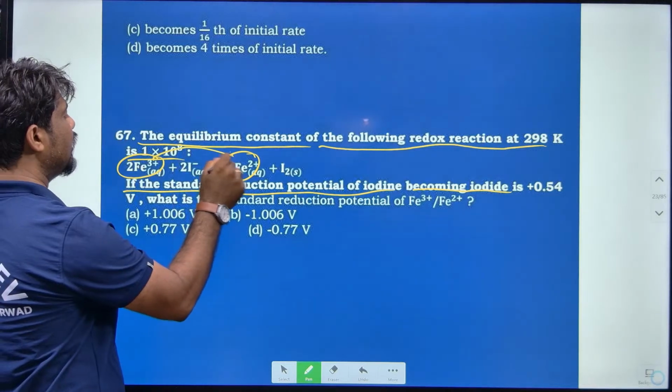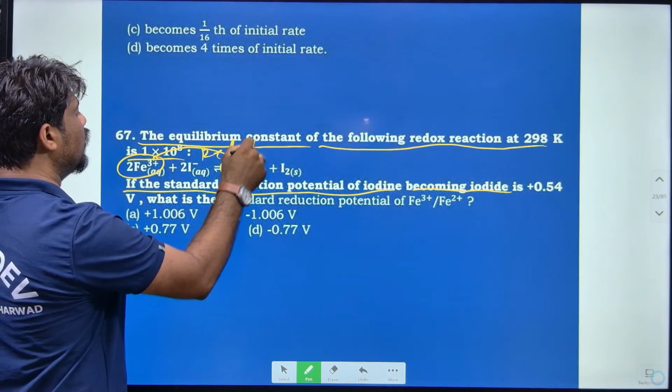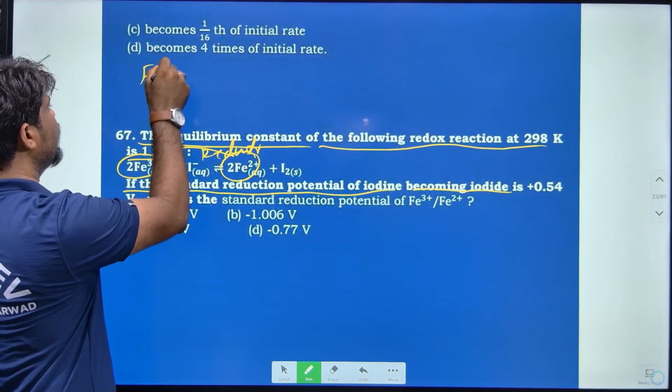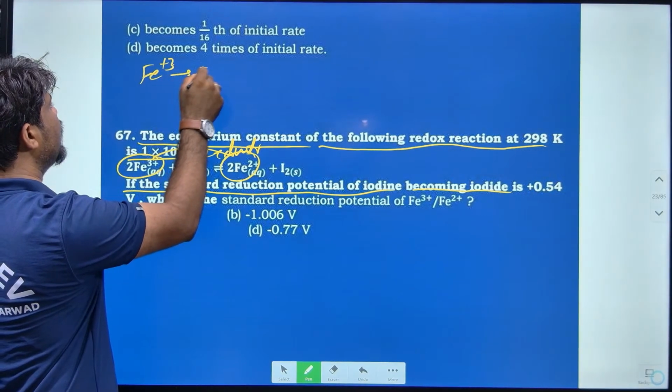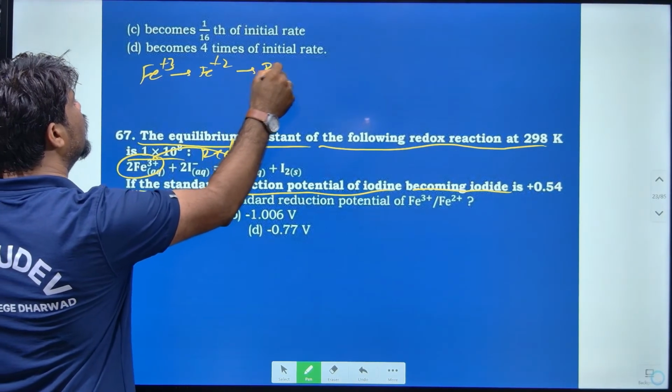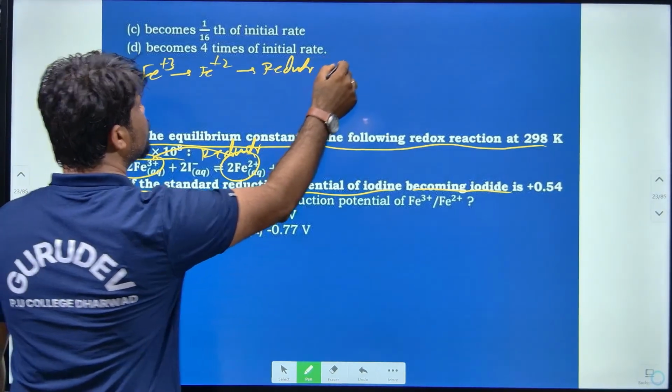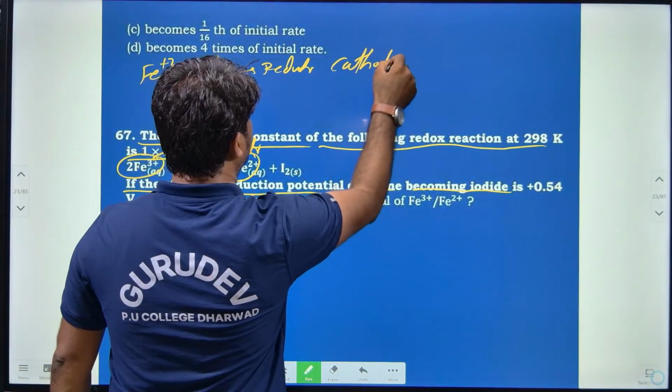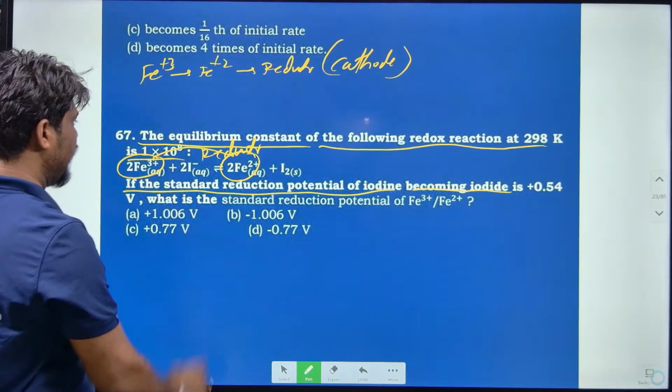Here it undergoes reduction. So Fe3+ to Fe2+ undergoes reduction. So reduction acts at the cathode. Next, I minus 1 becomes